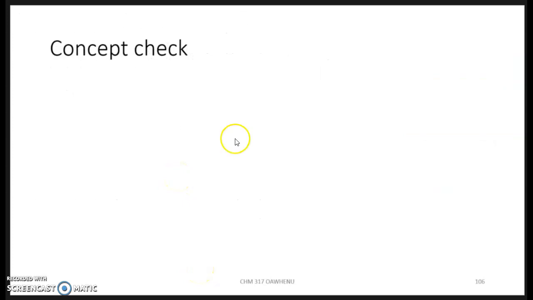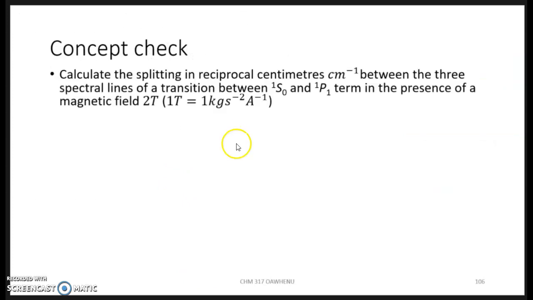Let's look at a quick example. Calculate the splitting in reciprocal centimeters between the three spectral lines of the transition between 1S0 and 1P1 in the presence of a magnetic field of 2 T. So the 1 in the term symbol tells us it's a normal Zeeman effect because S is 0. So recall that delta E is mu B times B. This is energy in joules, while the answer is asked in reciprocal centimeters. So converting it,